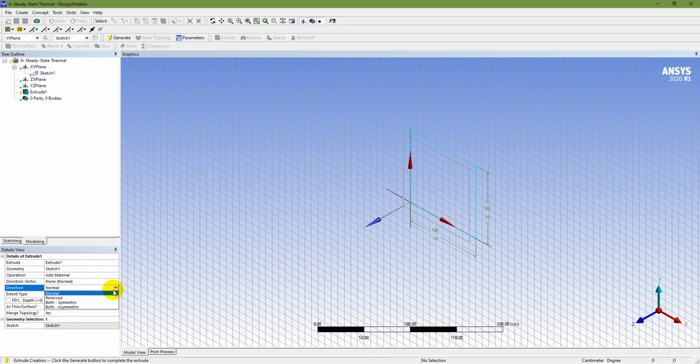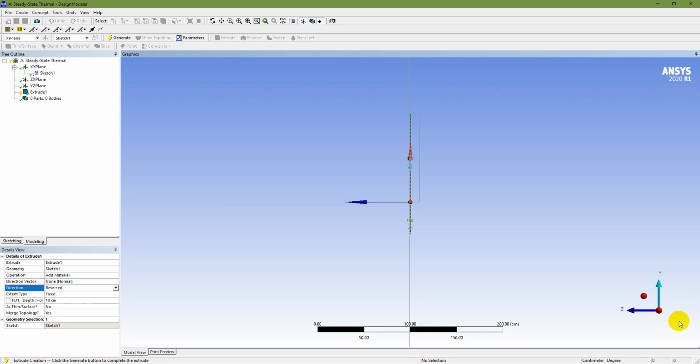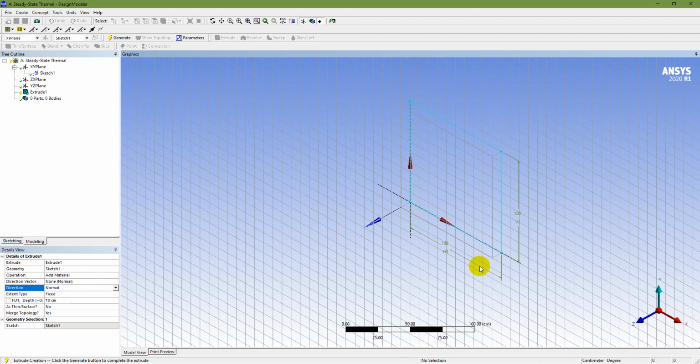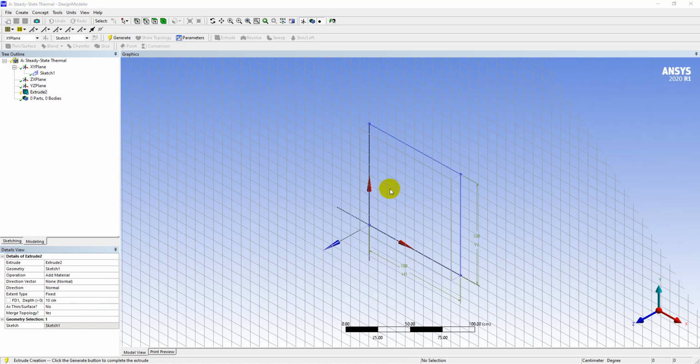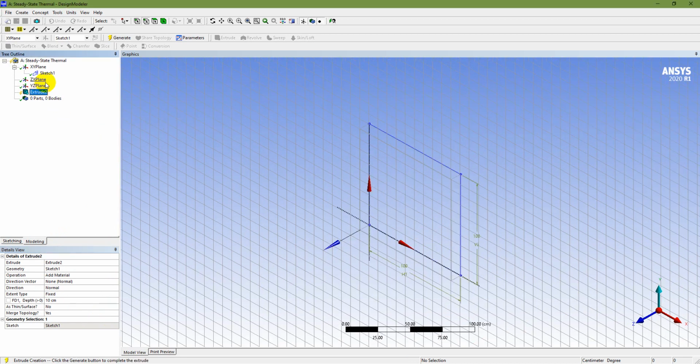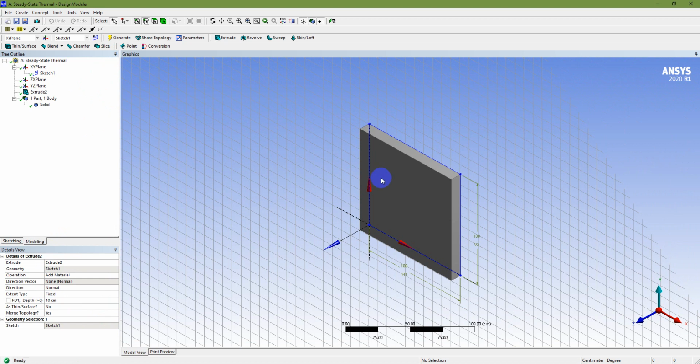So if you want to reverse that one, you can see it is going the other way. Let's say I can see from here. So if you want to go normal to that, that is along z axis. Okay, so in this way that is being extruded. So apply that. So once it is extruded, then just generate it, and now you can see that it is being generated,